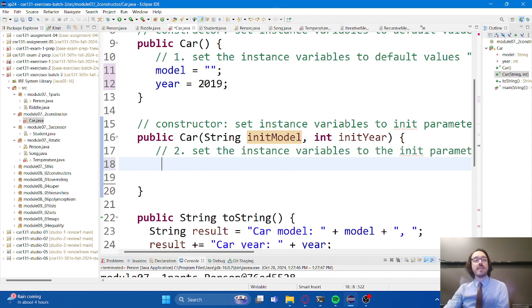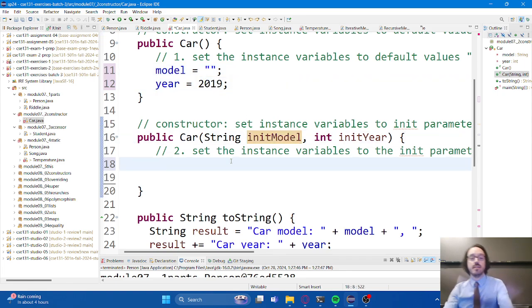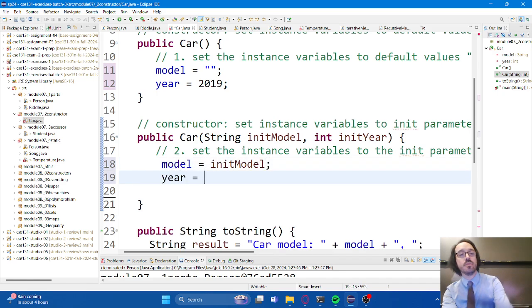So the other way that we can set our instance variables is not with a constant value, but rather with these input parameters. So for this constructor, I would do something like this. Model equals initial model, and year equals initial year. All constructors are really going to be pretty much this simple.